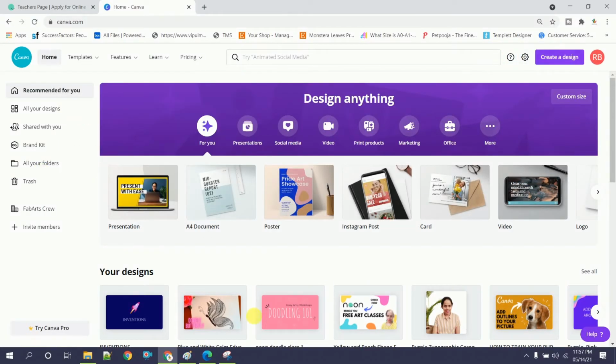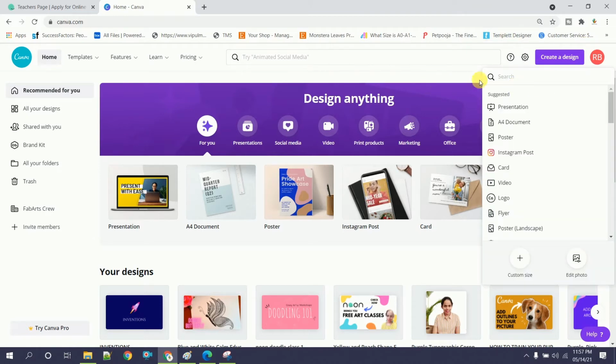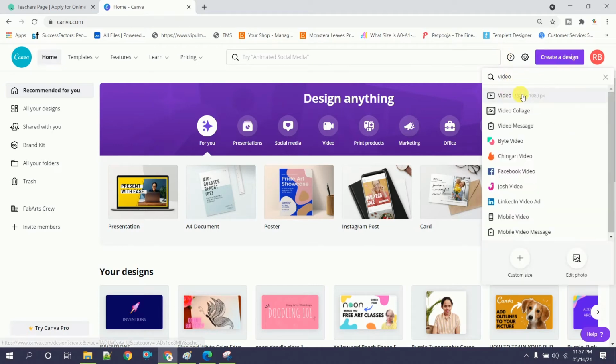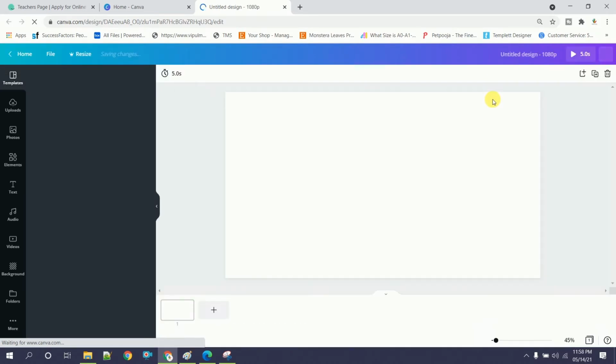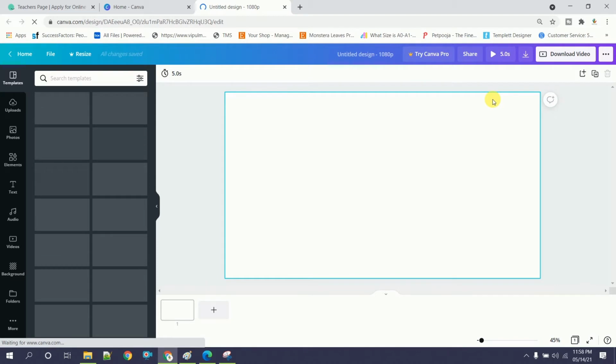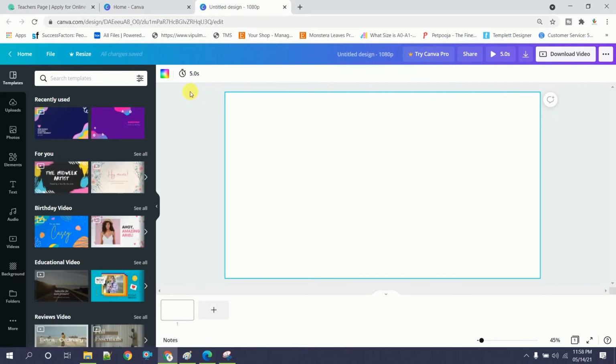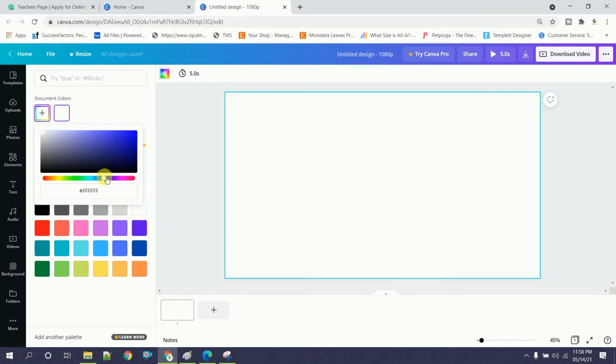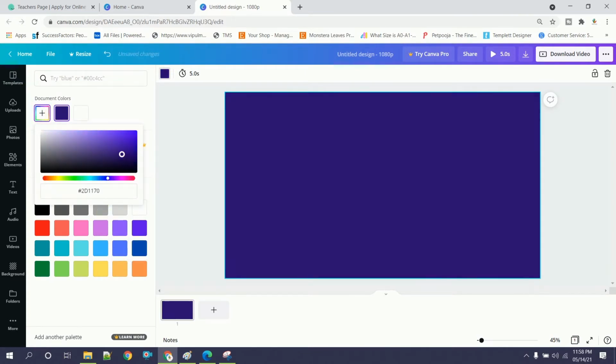So this is our Canva website. We will go to create design and click template of type video, because we can export that video in the MP4 format. Now this is the template. You can choose any background color. For now I am choosing a dark blue color. Let's choose it from the palette. So we'll customize it a bit, and I guess yeah,